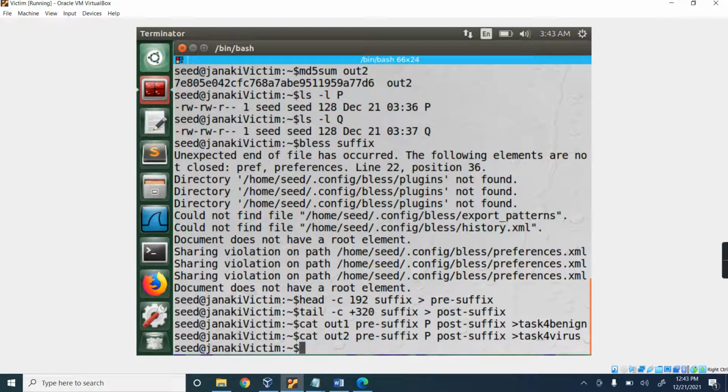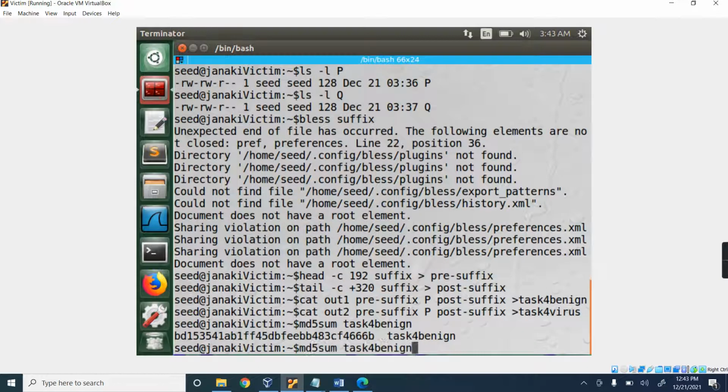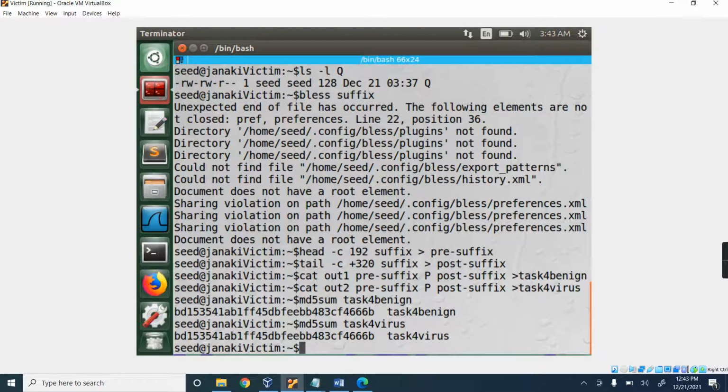So now check the MD5 sum of task 4 benign. This is the MD5 value. Then task 4 virus. You see the MD5 sum value is the same for both the files, right?